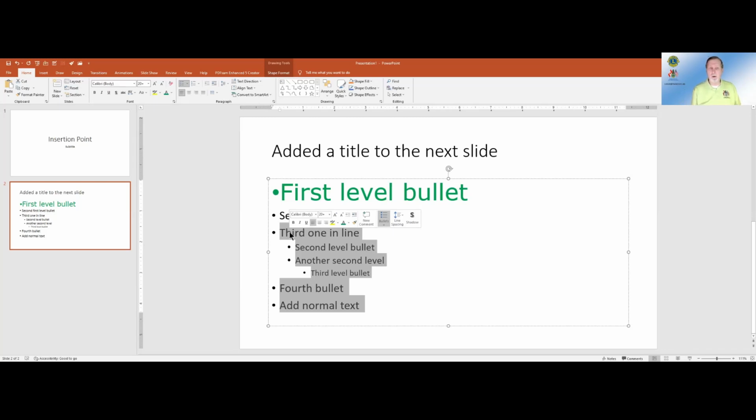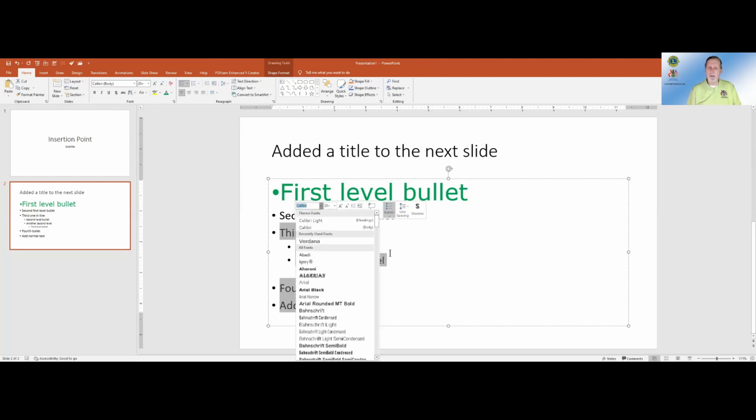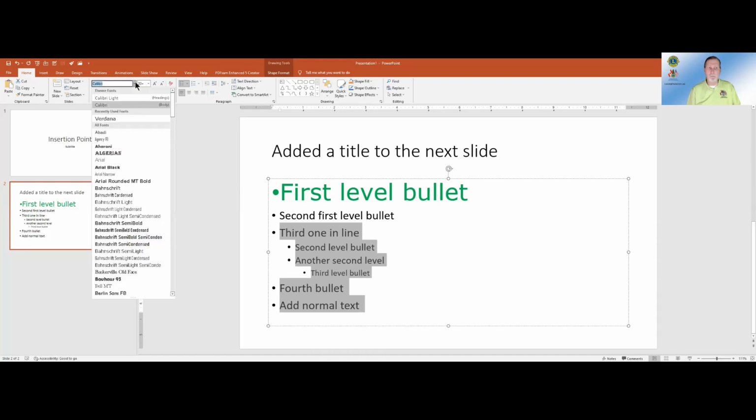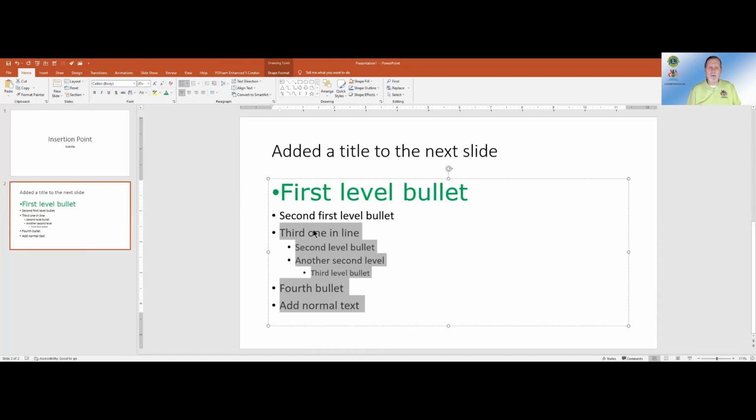A long time ago, Microsoft adopted a principle that says there's always more than one way to do the same thing. And this is just an illustration of exactly that. Yes, I can select the text and make my modifications here. I can select the text, make the modifications here. Sure. Even if I use a right mouse click.